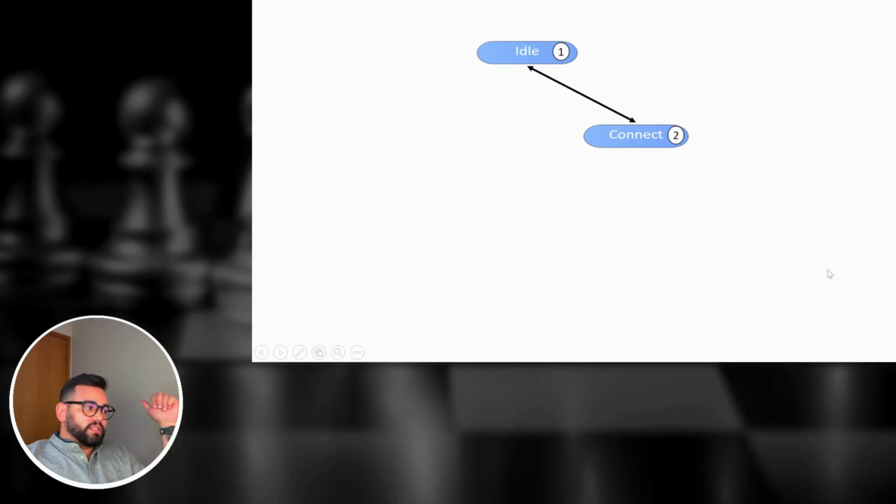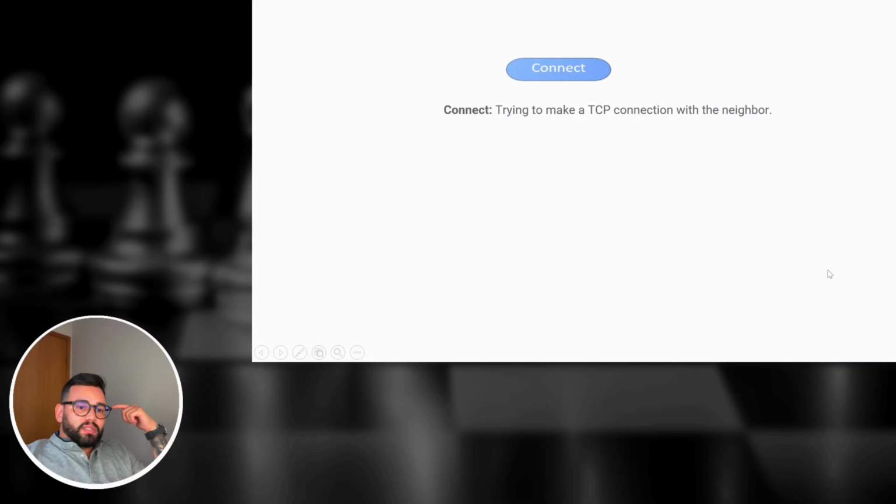The second state is connect. Connect is the step to establish the handshake, where the router sends a message of type SYN, and the second equipment that receives this message sends back an answer with the flag SYN acknowledge. Imagine that we have 2 routers, router 1 and router 2, and